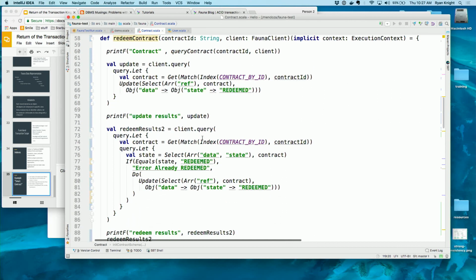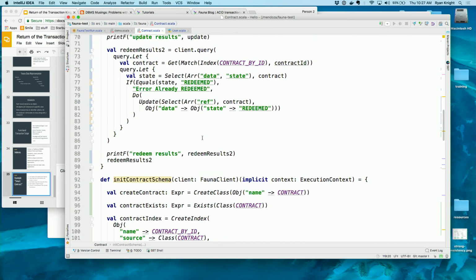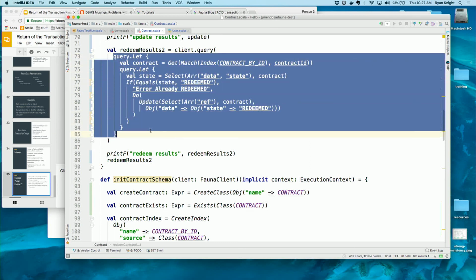So then, in terms of redeeming the contract, again, this is going back. This is really where we get into this transactional type of approach to our database. So here I'm saying, let me highlight this. If we look at this section of code right here, what I'm saying is I want to look up a contract by ID. Let me back up. This is saying I want to redeem a contract. So I have a contract between two users. I now want to redeem that contract.